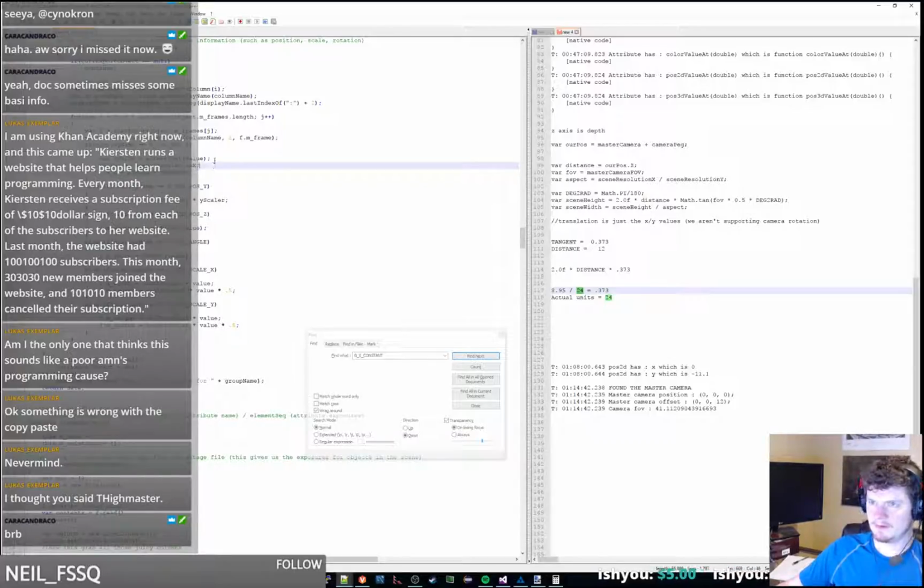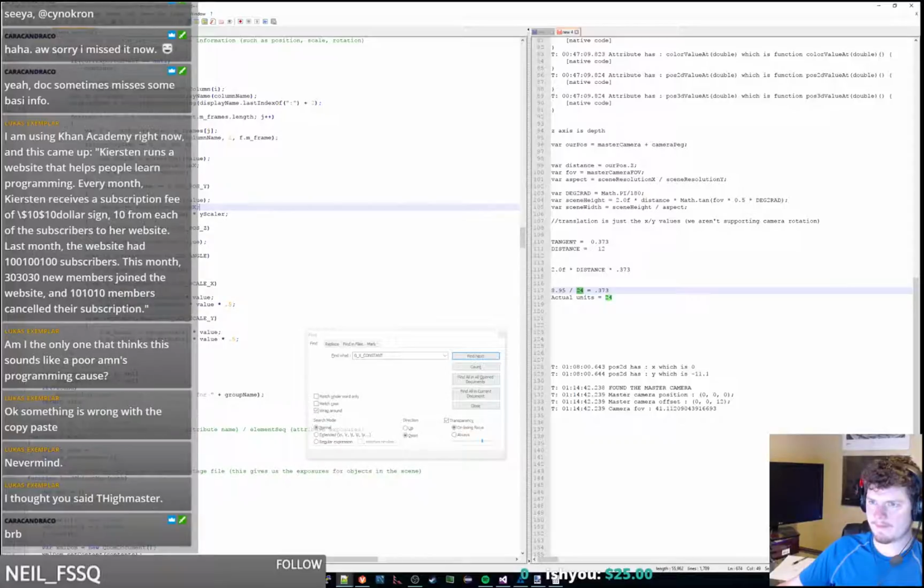That's what we're going to do. So this should move our stuff where it should be, and the width is